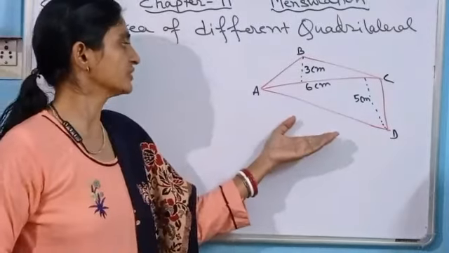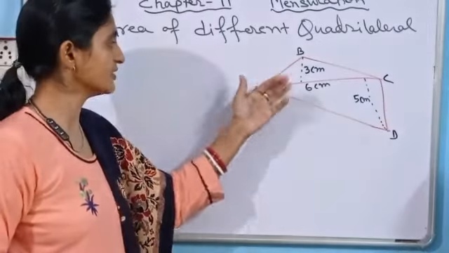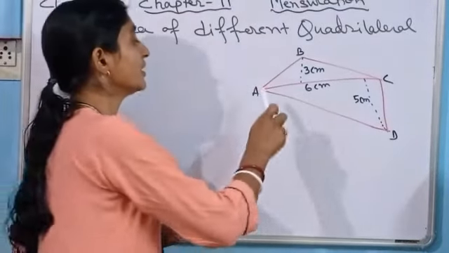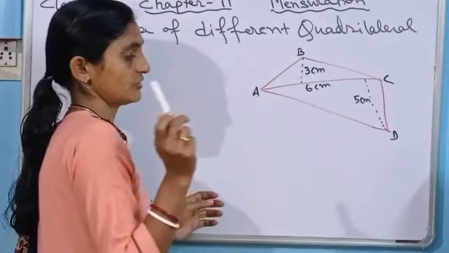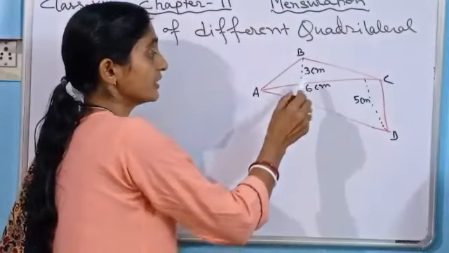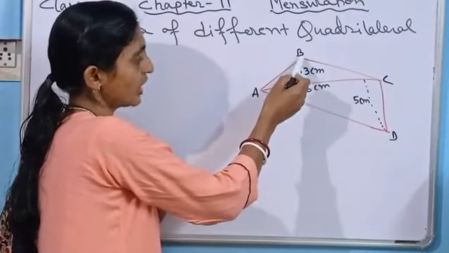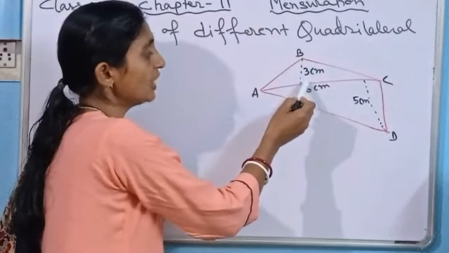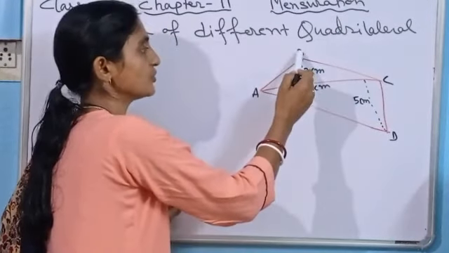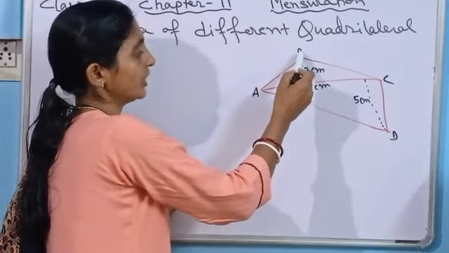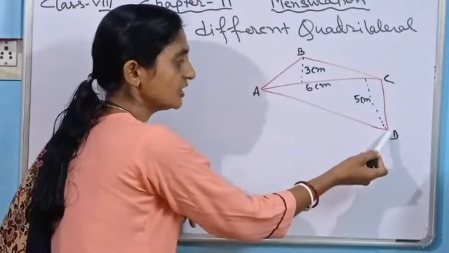Here I have taken one example of an uneven, that means a general, quadrilateral ABCD. One diagonal has been given, AC, which is equal to 6 centimeters. You might have understood what I was telling, that is triangulation. We will apply that here. And for that, what has been given in this question? The height from the opposite vertex to the diagonal. The first one is given when the diagonal is AC and the opposite vertex is B. Here the height is 3 centimeters, and when the opposite vertex is D, the height has